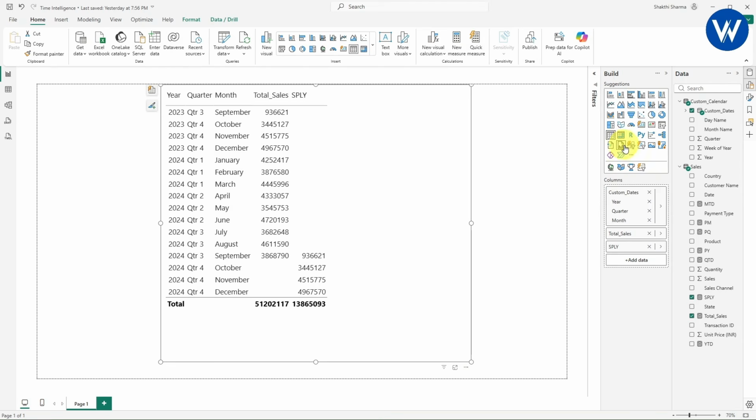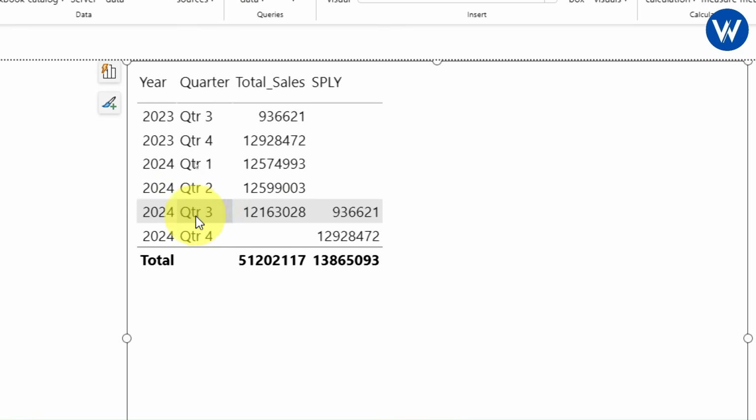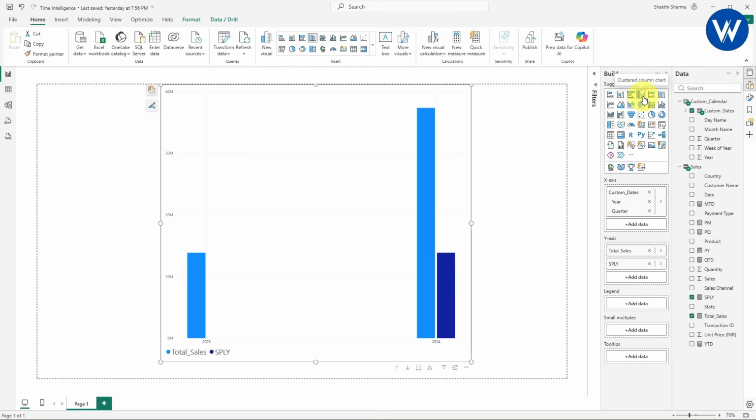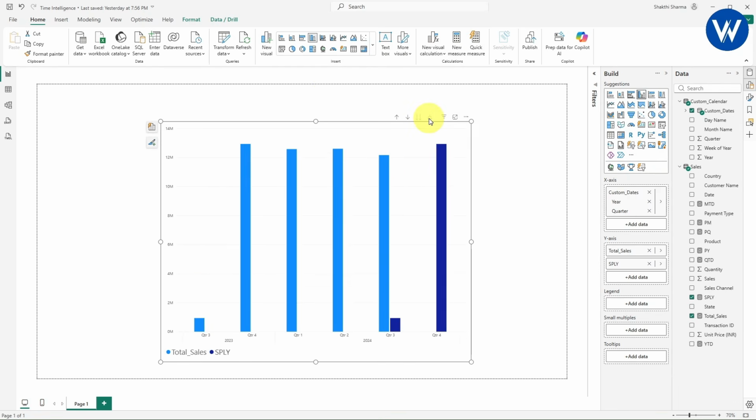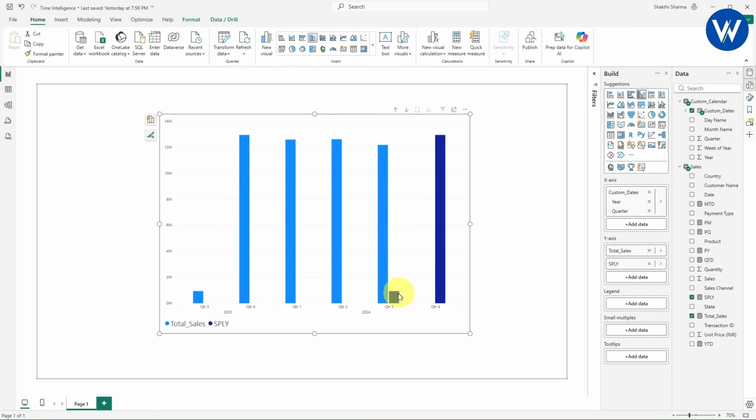And in the same way, if you want, you can remove the month also. Now you can see quarter wise. These are the quarter wise. Quarter 3, this is the total sale, and you can see the previous same period last year, which is the quarter 3 value. If you want, you can understand with the help of a column chart, right? If you want to go to the next level hierarchy, let me go to the next level. Done. So guys, with the help of this column chart, we can easily understand.